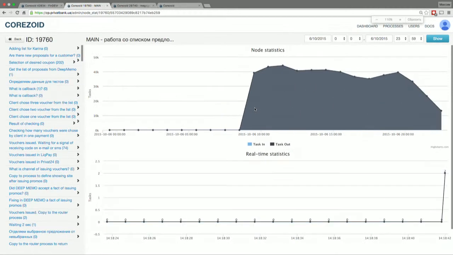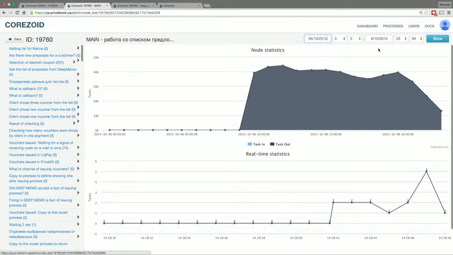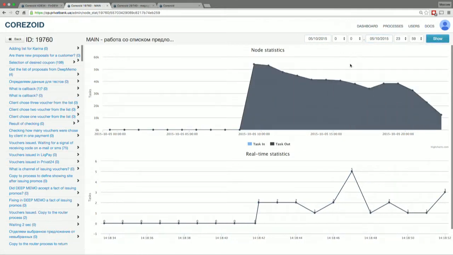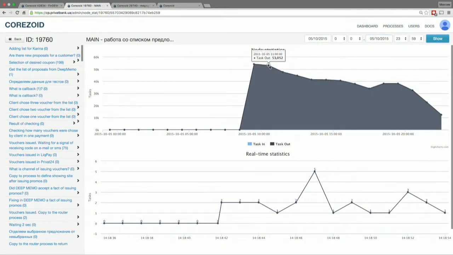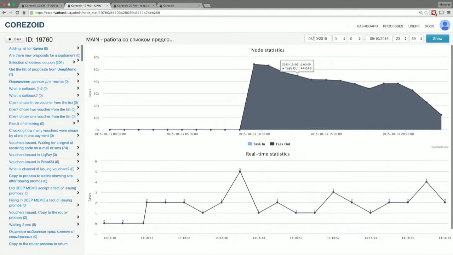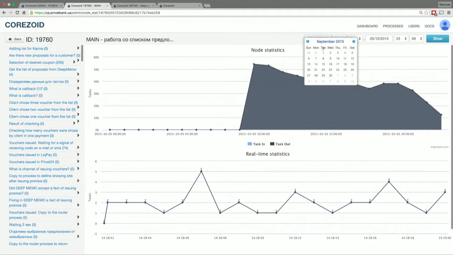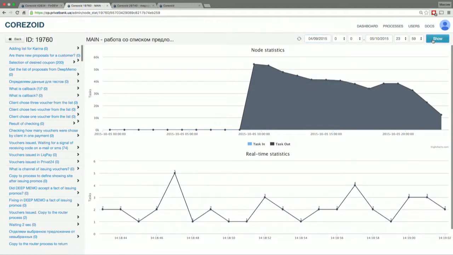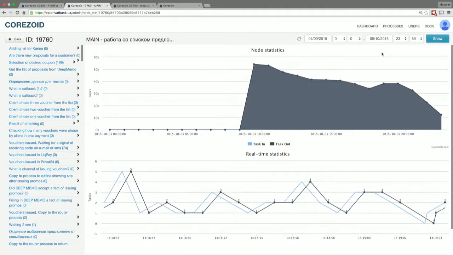You can see how many requests for coupons we are receiving every second. We can also see the number of requests received during the current day. We can switch to yesterday, as well as check that the peak processing volume reached more than 53,000 requests per hour. We can select statistics for the current month and see that every day the system handles more than